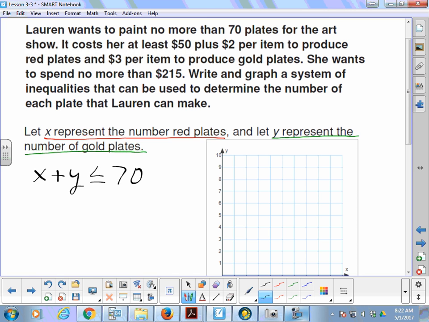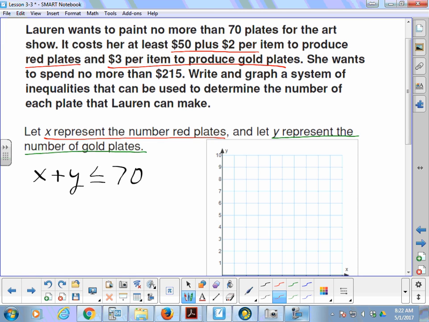All right. The number of red plates plus the number of gold plates must be less than or equal to 70. All right. So the first part just involves the quantity of them. We talked about this the other day, same type of thing. All right. Then our second situation, the other part, is going to be